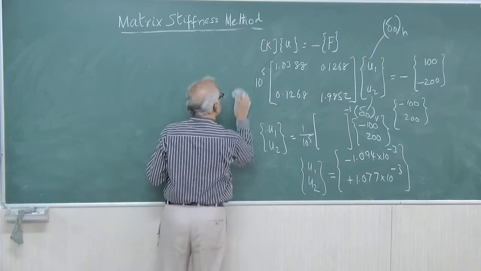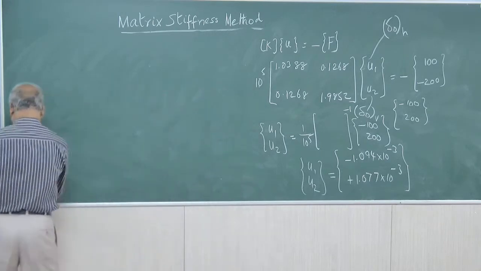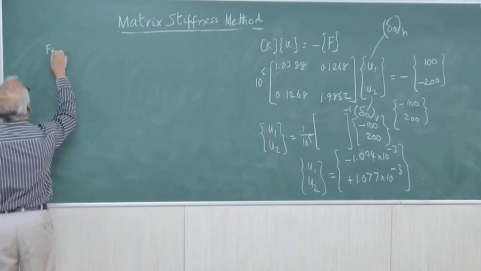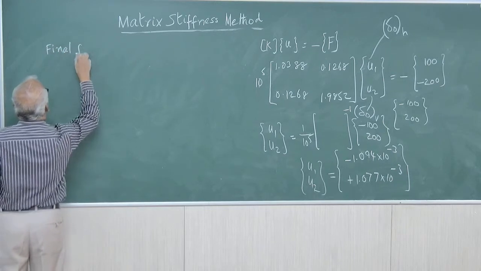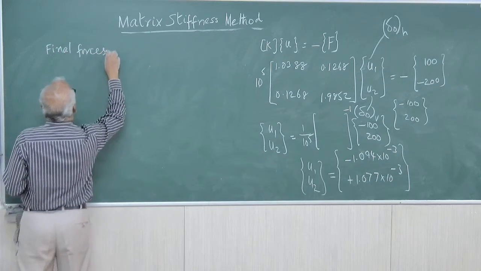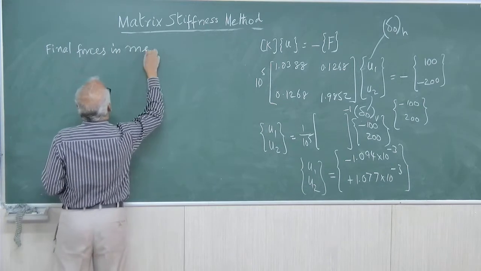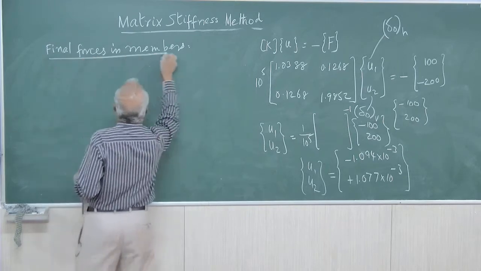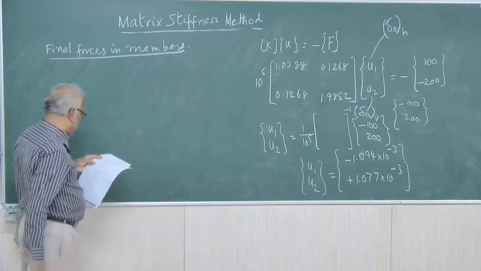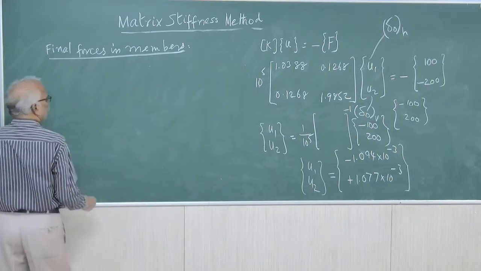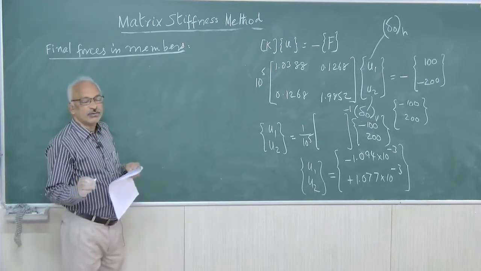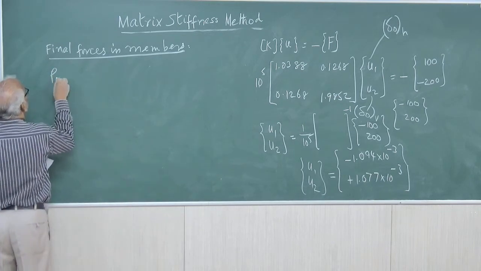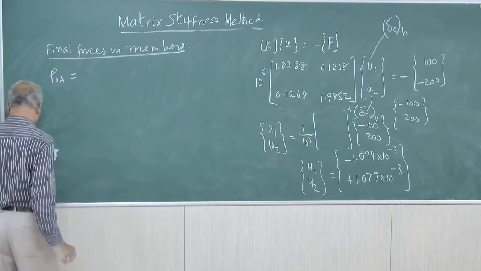After getting the displacements, we will go for the final forces in members. We have got 5 members: OA, OB, OC, OD and OE. If we want to find out the force in the member OA, POA equal to